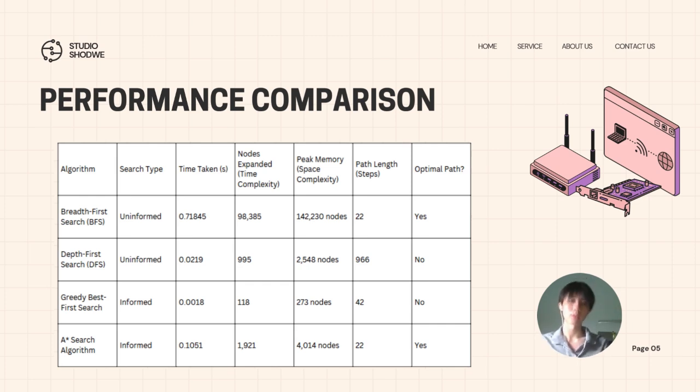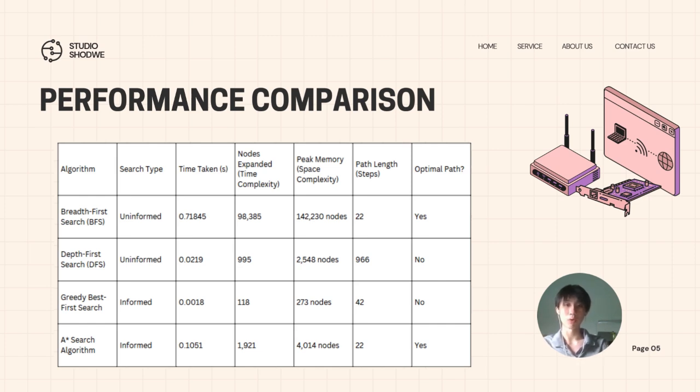So now let's just discuss the performance of the algorithms that we obtained from executing the code that we developed. First of all, let's take a look at the breadth-first search algorithm, BFS. The time taken for BFS to find the solution is around 0.71 seconds. So this is the longest time taken among all of the algorithms, and this is basically due to the